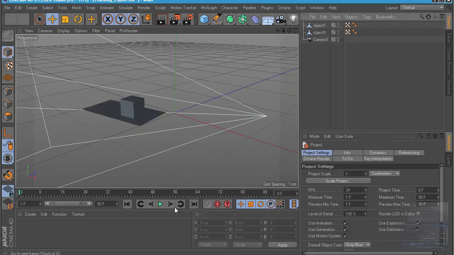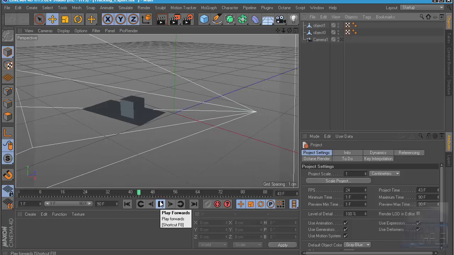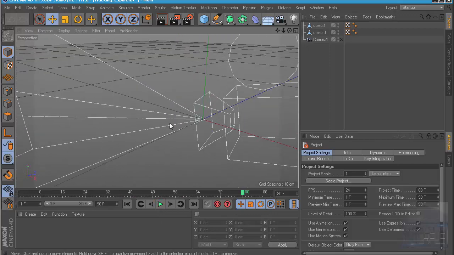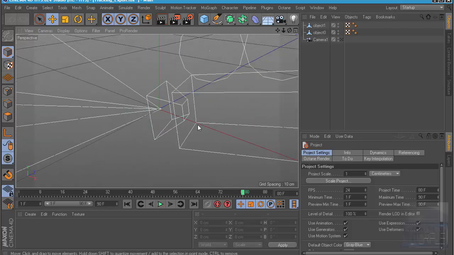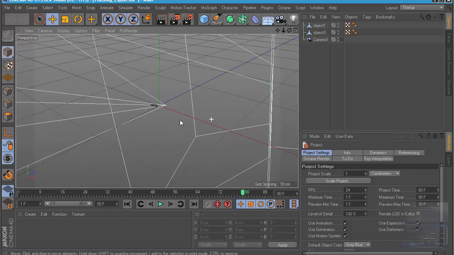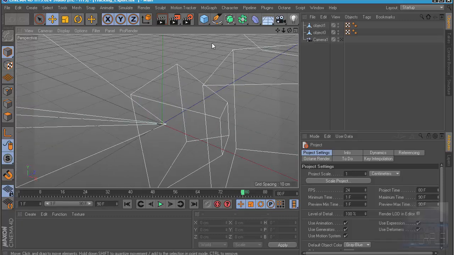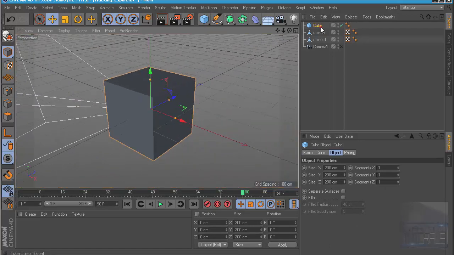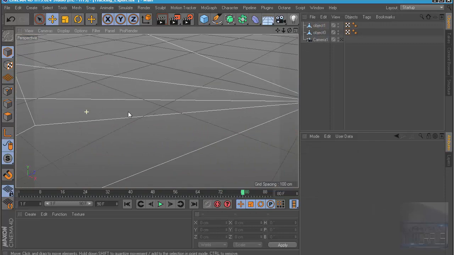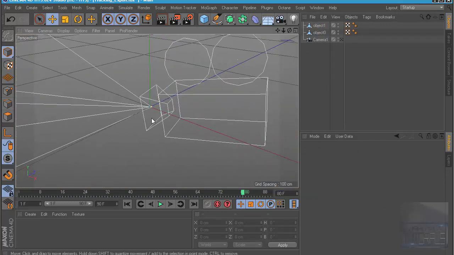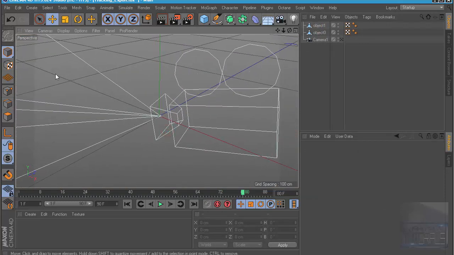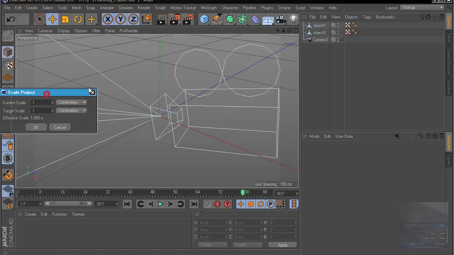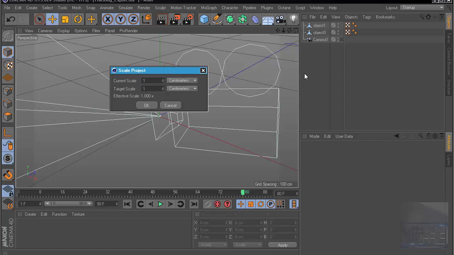Okay, so now as you can see, we got animation there, but the problem is it's too small, a very teeny object, very teeny scene. I mean, when we create a cube, it's too big, so we need to adjust the scale of this scene overall. So what we're going to do is, Cinema 4D has a cool feature called Scale Project. This feature will allow you to control the scale